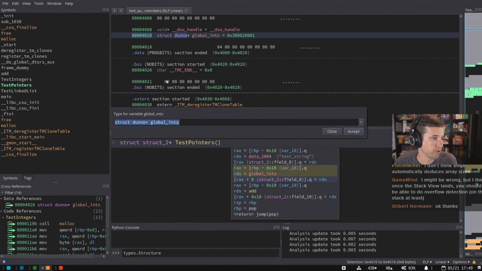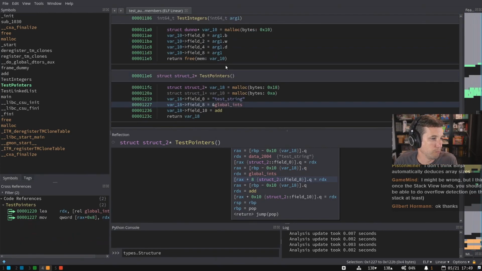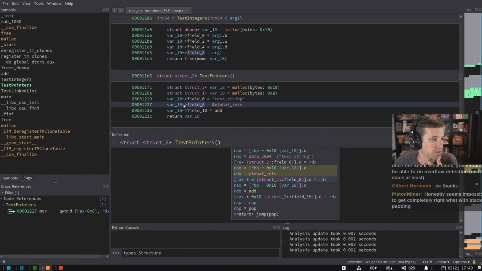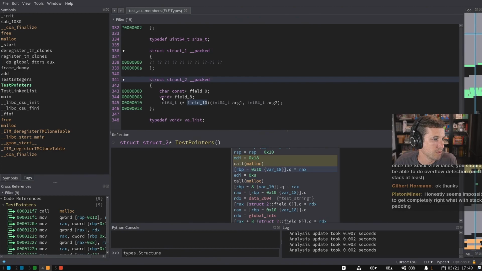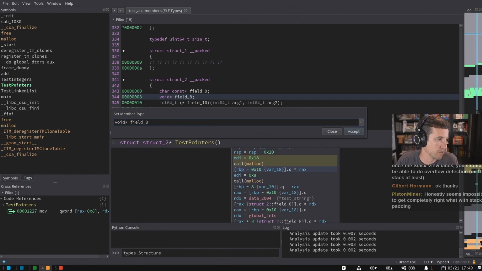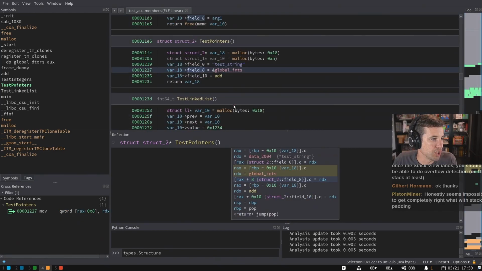Oh, except it's not a pointer. All right, there we go. So we can pull our global structure. Nothing ends up setting this field, and it's just a pointer. Field 8. So it is currently still a void star. So this really should be a dunno star, right? Wasn't that what we called it? I feel like I'm navigating weirdly, and I don't know if I'm doing something wrong. Just hitting escape. It didn't really change anything because it doesn't do anything with that reference or that code.